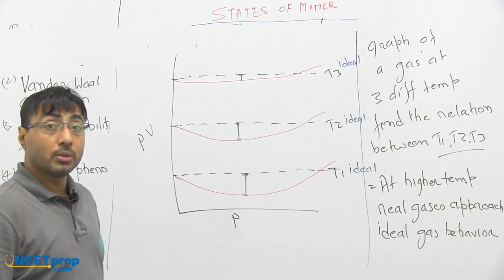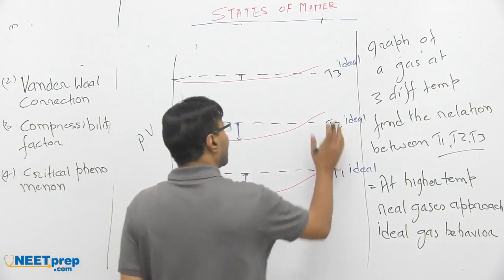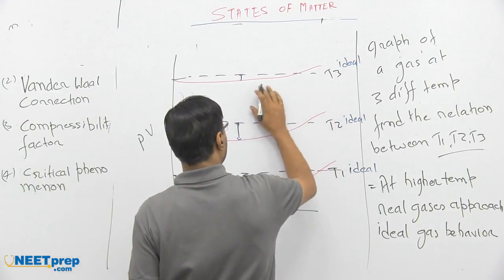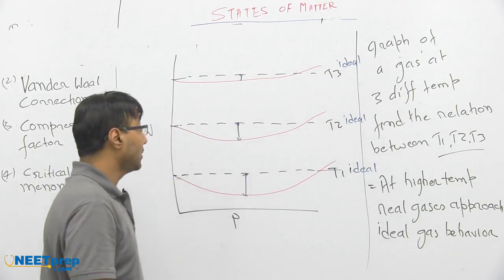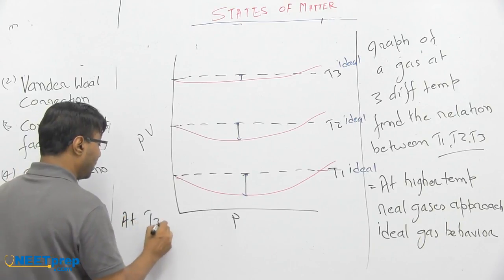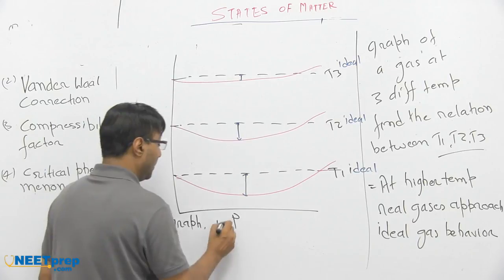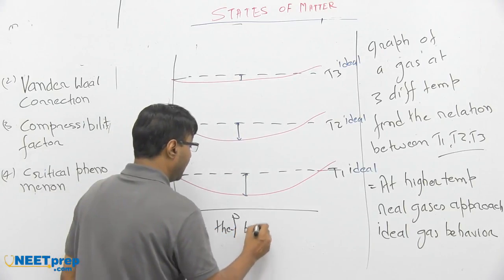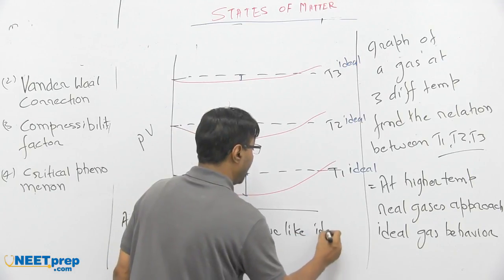And we are going to use the same trick to find out the answer of this. Where this is behaving as an ideal gas. At T3 graph, they behave like ideal gas